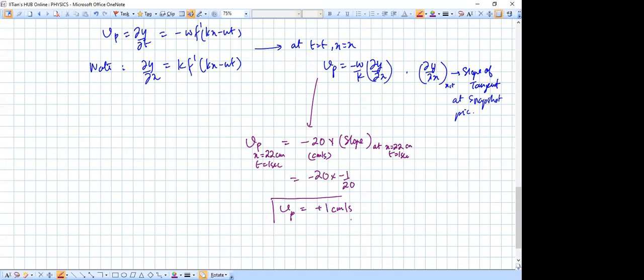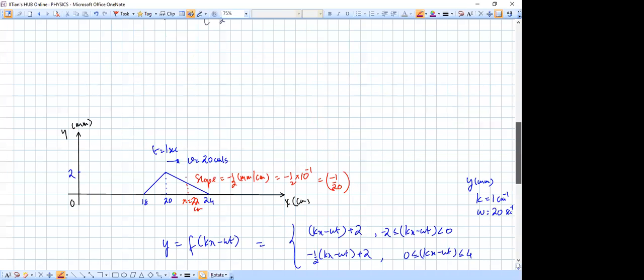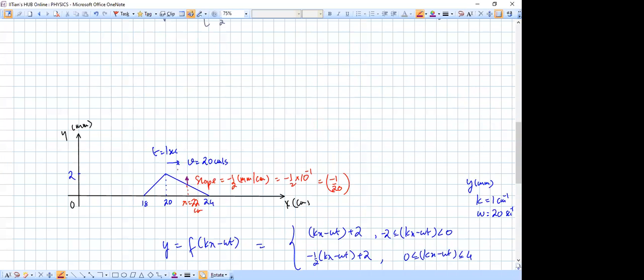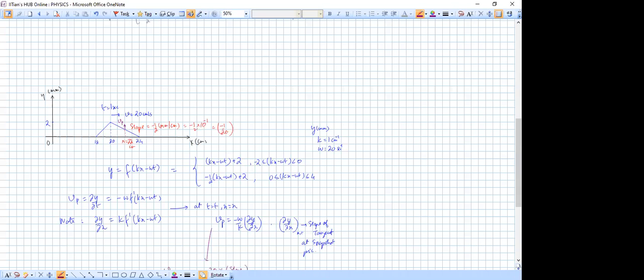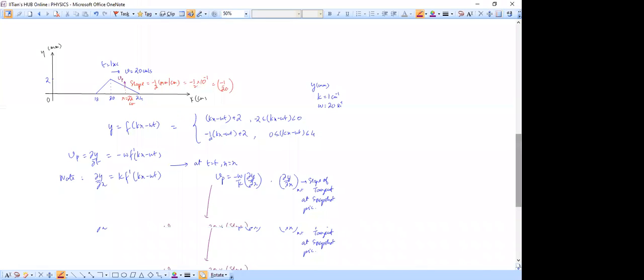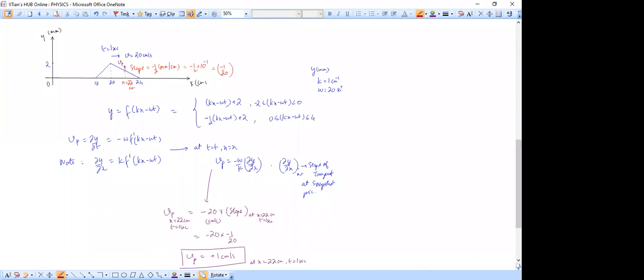So that is the particle velocity at x equal to 22 centimeters, precisely at t equal to 1 second. Okay. So this particle actually has an upward velocity of that much at this instant. Now you can also do it by this method, by this. So you can also do it like this, that